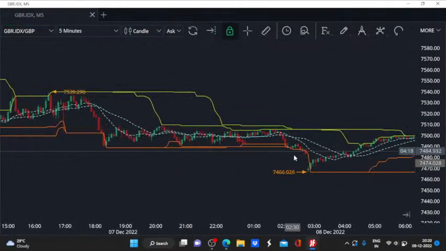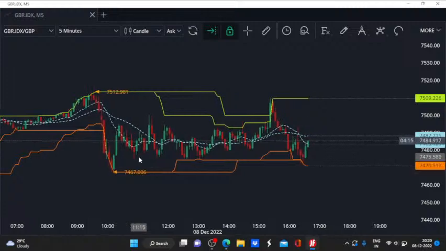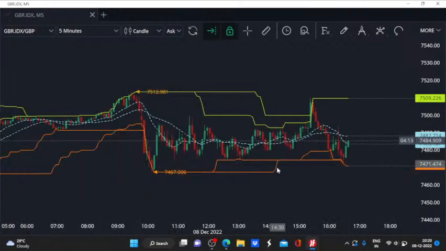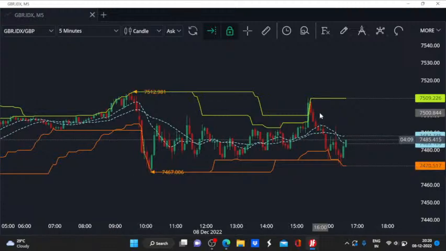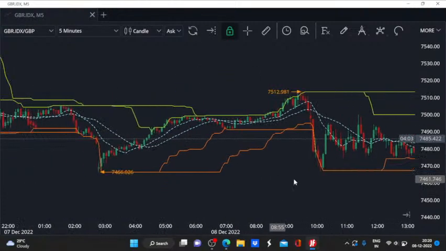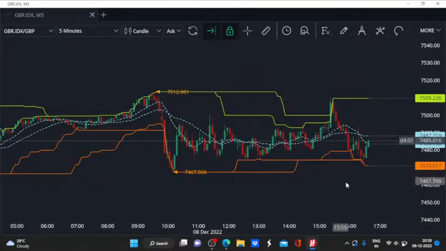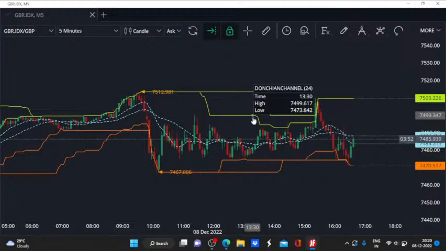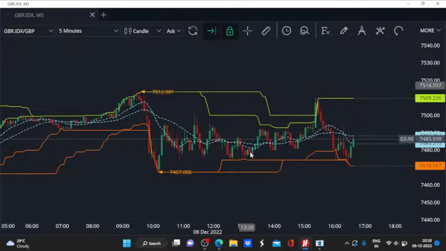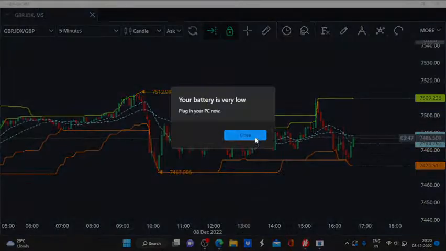For FTSE 100, we have the price formation in a narrow range with this decline happening below the prior swing high as well as above the prior swing low. So this is an interesting phenomenon, and the range seems to be narrowing and narrowing. Keeping that in mind, here it will be a better idea to wait for a breakout on either side. Unless there is a formation of a higher high or higher low, we will be in a tough spot. So I think